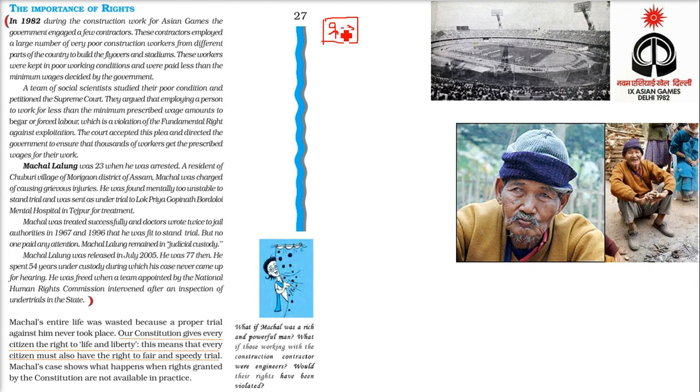You cannot talk to your friends. You cannot do things which you want. So now you understand the importance of rights. What are rights? What is freedom? So we'll take two examples.